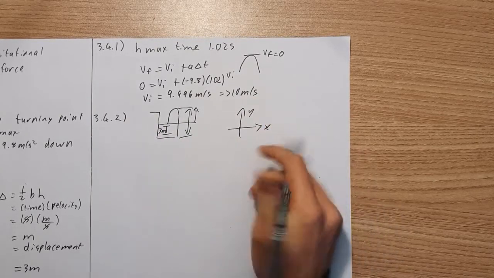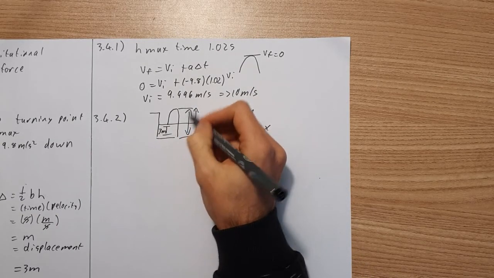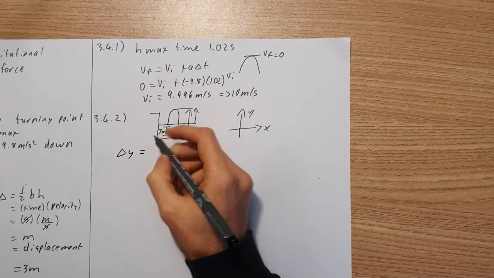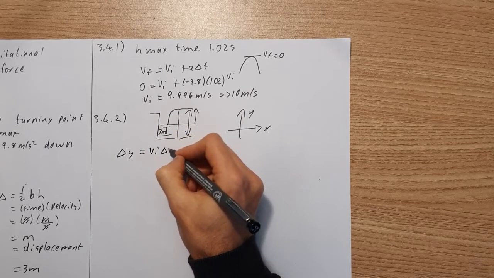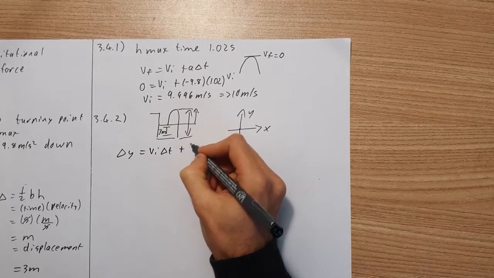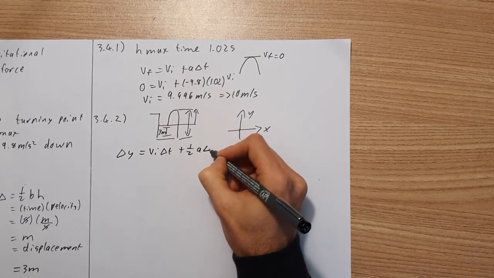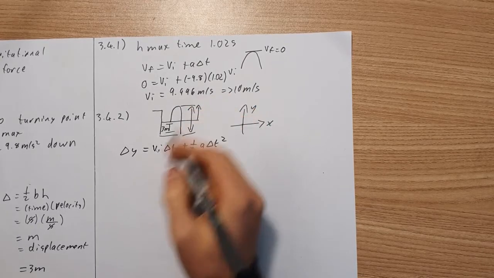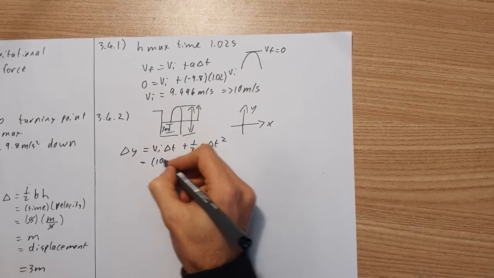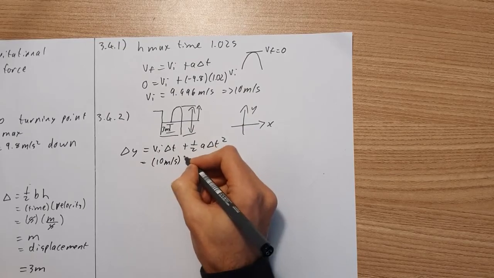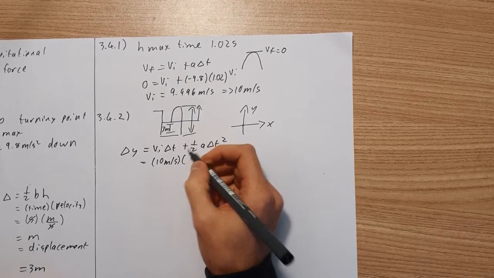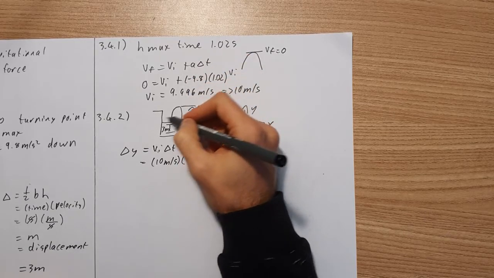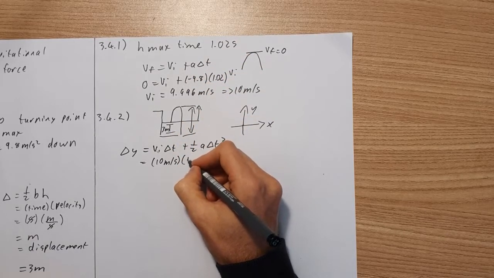Okay, we're not dealing with x. Our displacement is in the y-axis because it's vertical. So it's delta y equals v initial, change in time, plus a half my acceleration, change in time squared. Now we have v initial, we've just worked that out, so I'm going to use 10 meters per second. My time is given, that's 1.02 to get from the balcony to the maximum height,